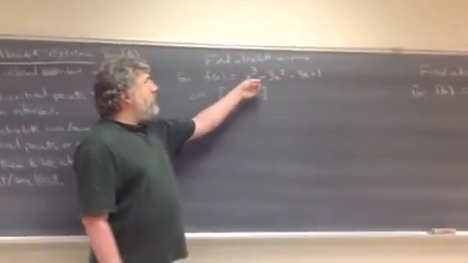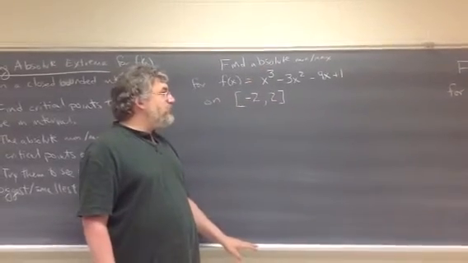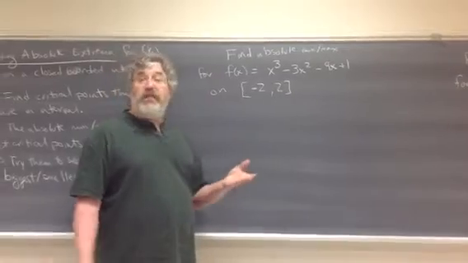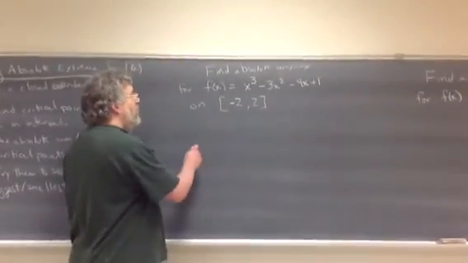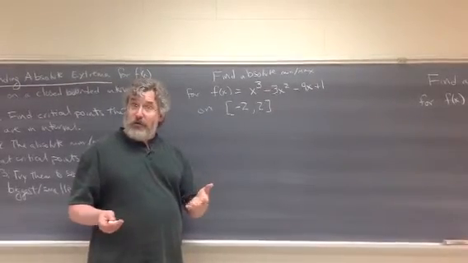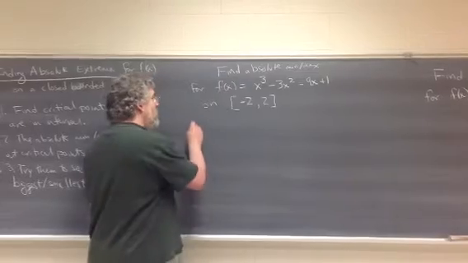Here's a function, a cubic. Where's the absolute min and max of this? Well, what do we do first? We need to find the critical points. So the critical points, that has to do where the derivative is 0 or where it doesn't exist. So we need the derivative in both cases. The derivative,